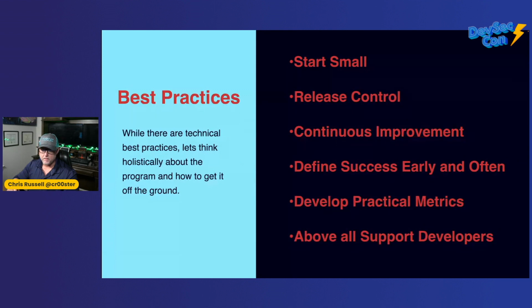Define success early and often. As far as the AppSec program, you got to have a goal, and it's not just be secure, because that's too vague. You got to talk about specifically in our org, this is what our goal is for Q1 with our AppSec program, especially if you're just setting up the groundwork. We want to reduce patch management time by this. We want to reduce whatever it is. Have specific goals so you can define success and communicate those to leaders. And above all, support the developers. Again, this is something that makes a lot more work for them. They're just going to find ways around it. It's kind of human nature.